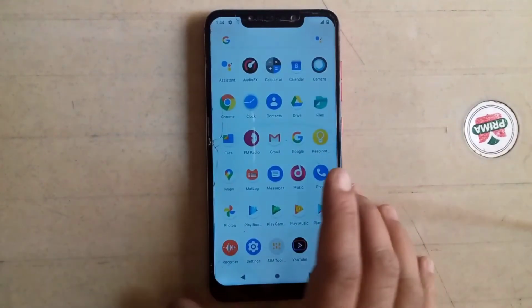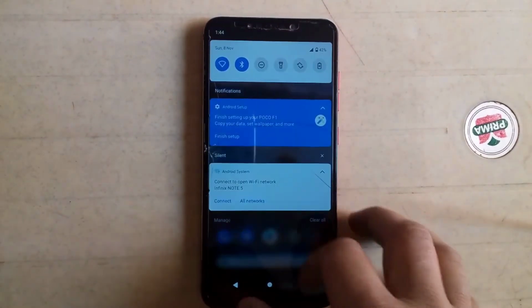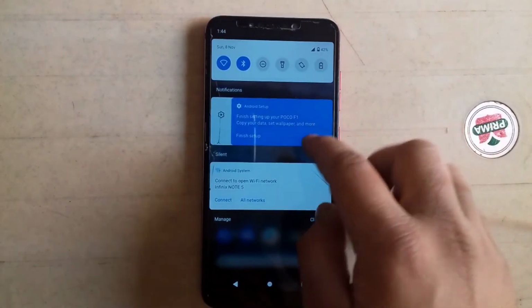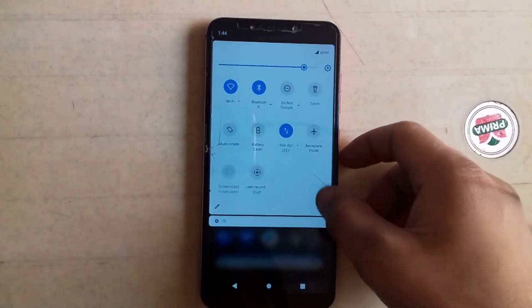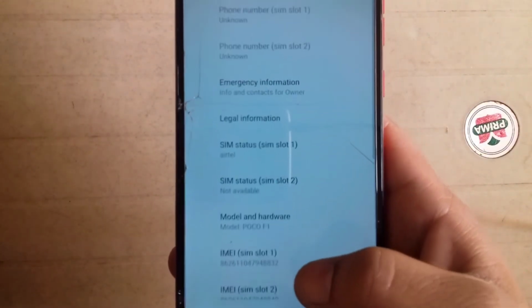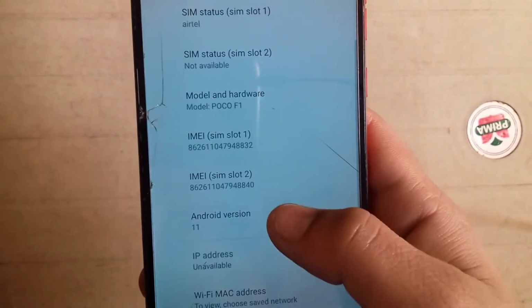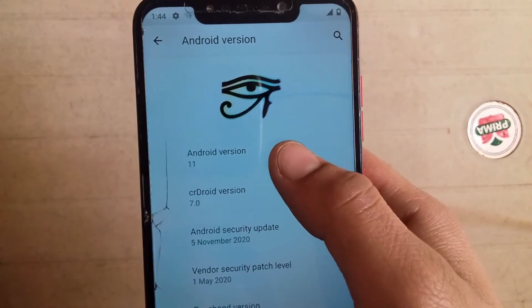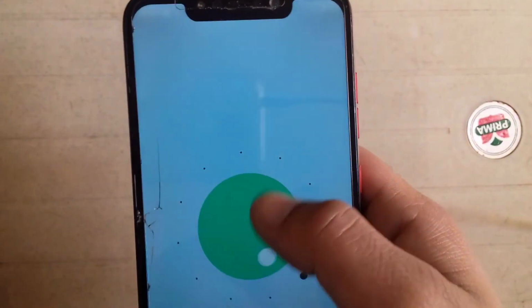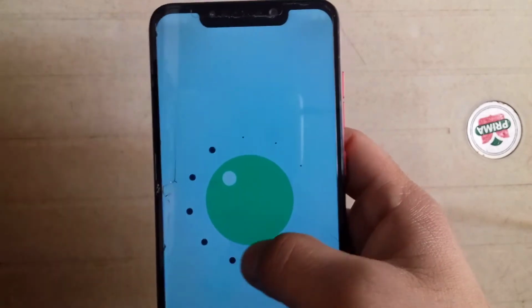Now setup is complete. Enjoy the pixel experience in this CRDroid Android 11 custom ROM. Let's check the Android version. So guys, as you can see, the Android version is Android 11.